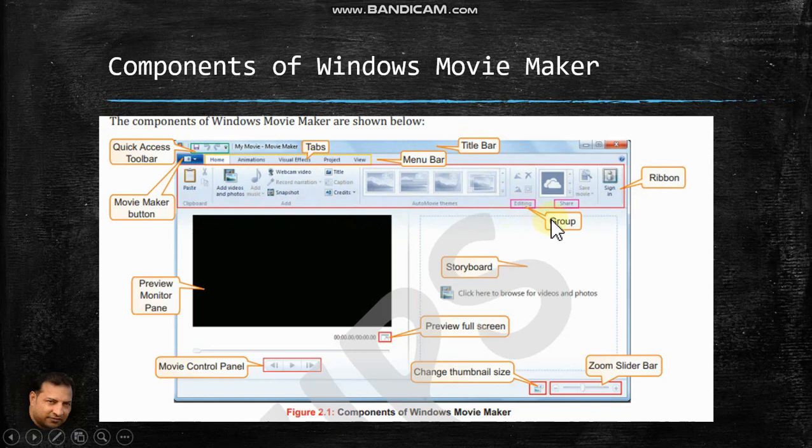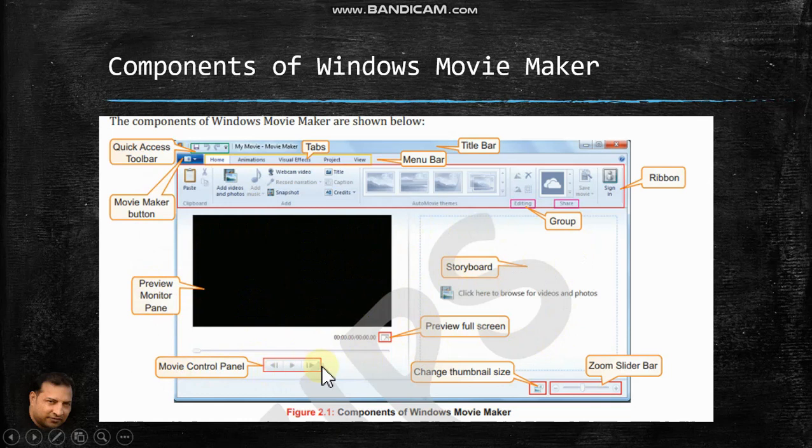For example, this is editing group. This is your movie maker button. This is your preview monitor pane, and this part is called storyboard, where videos and photos can be browsed easily.